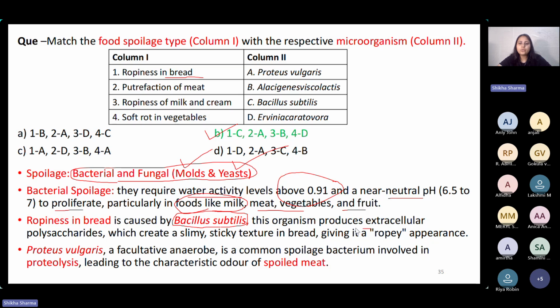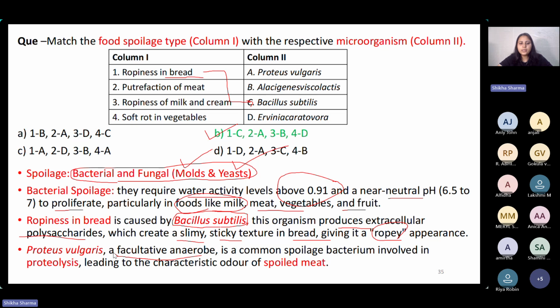So this organism produces extracellular polysaccharides which create a slimy, sticky texture in the bread, giving a ropey kind of appearance. So, this is related to Bacillus subtilis. Then Proteus vulgaris